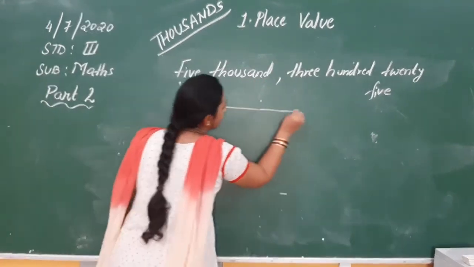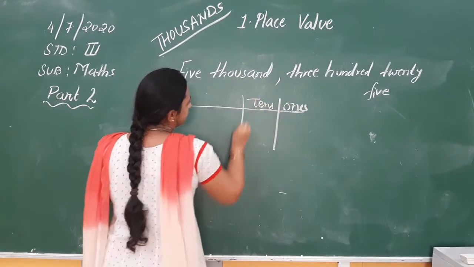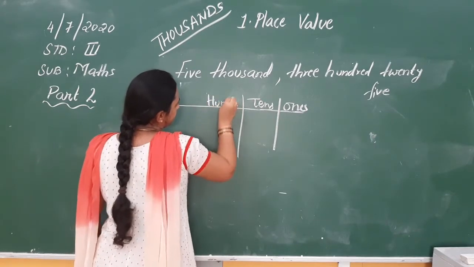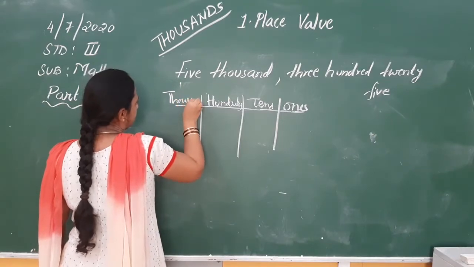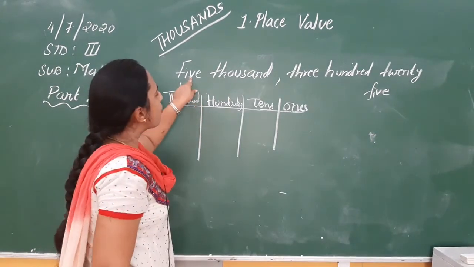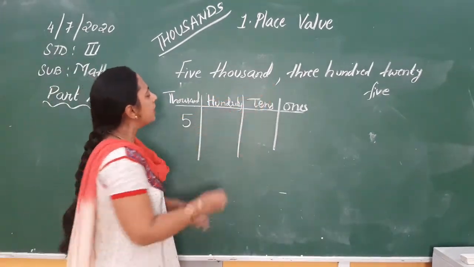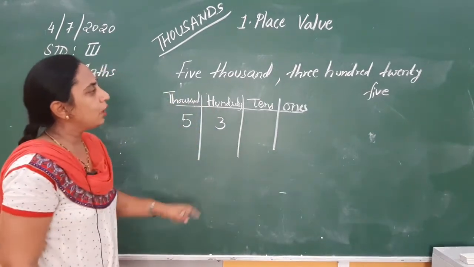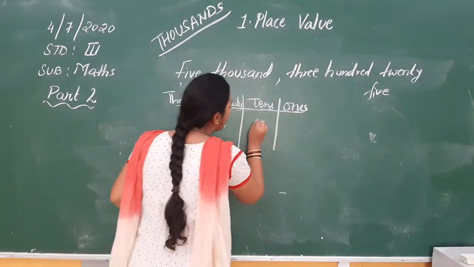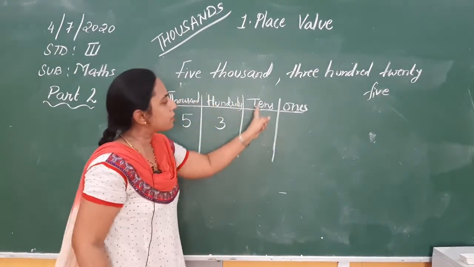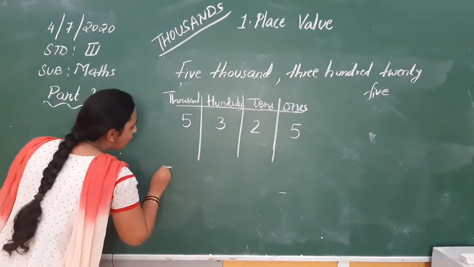Now let us see the place value. How many thousands? 5,000. 5. 300. 3. 20. So 20 is in tens place, so we can write 2, because 2 into 10 is 20. Then 5. So the number is